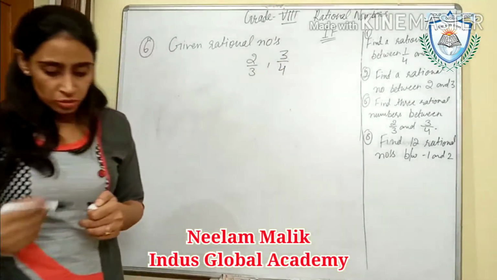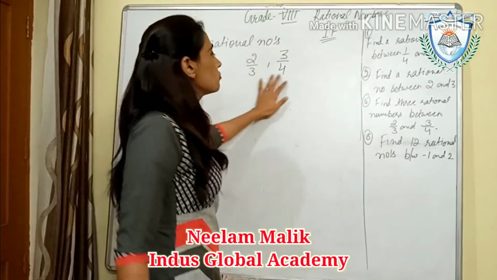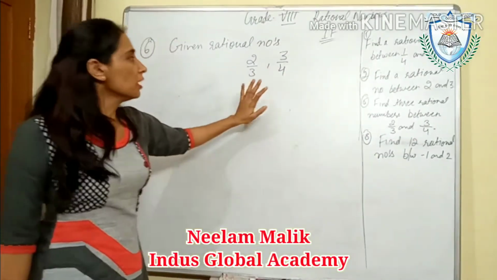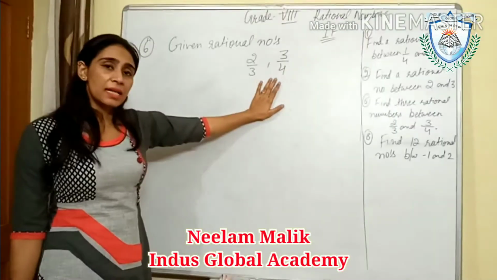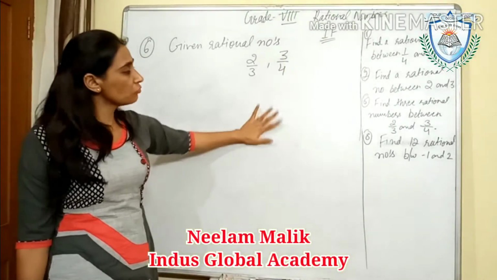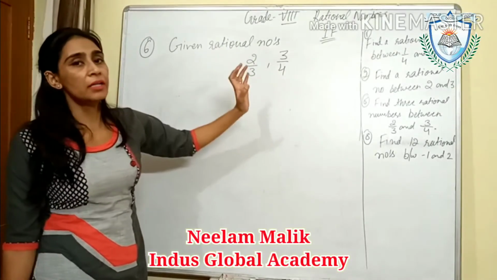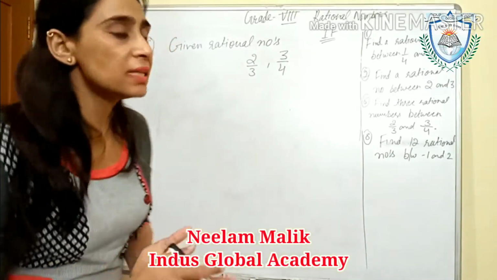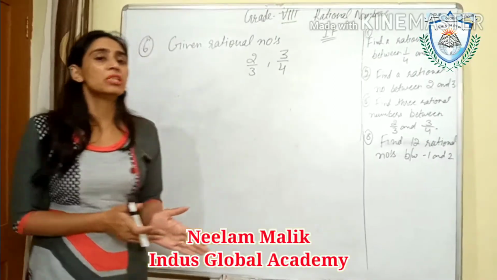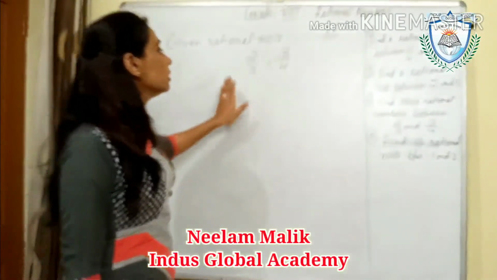Okay. So these are fractions, or you can say these are rational numbers. First we will make their denominators the same. If numbers are given as rational numbers, first we take the LCM and make the denominators the same, then we multiply the numbers by a number depending on how many we need to find. If you need fewer than 10 numbers, you will multiply with 10. If you need fewer than 20 rational numbers, then you will multiply with 20.